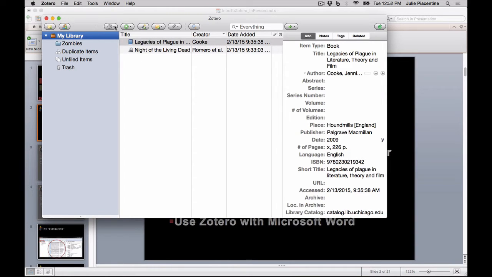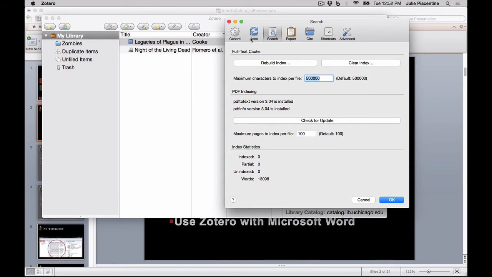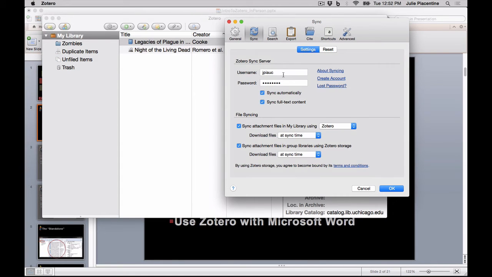Go to the Actions menu. That's this gray gear cog. And from the Actions menu, choose Preferences. Next, click Sync. This is where you'll insert the account information that you just created. And you'll notice that by default, Sync automatically is checked. This is what ensures that your saved citations are backed up to the cloud automatically.